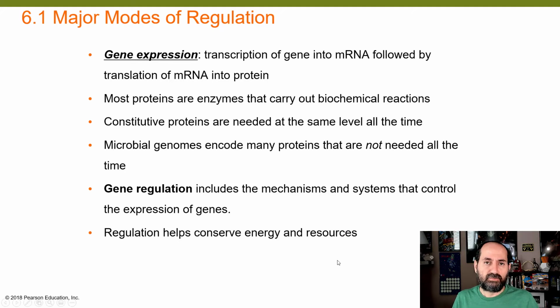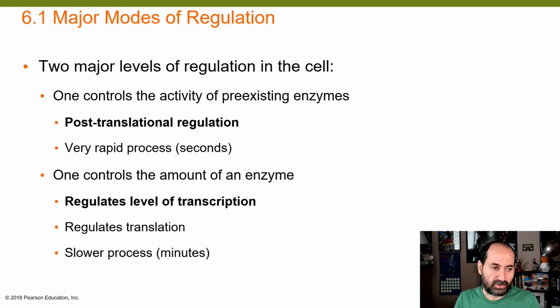If you don't need a particular protein around all of the time, it is in the best interest of a bacterial cell to shut off expression of that gene so that you don't have that protein around. You didn't waste the amino acids or the ATP, the energy, to make that protein in the first place. And you could conserve those resources for later when you do need those proteins around. And remember what I said, you could